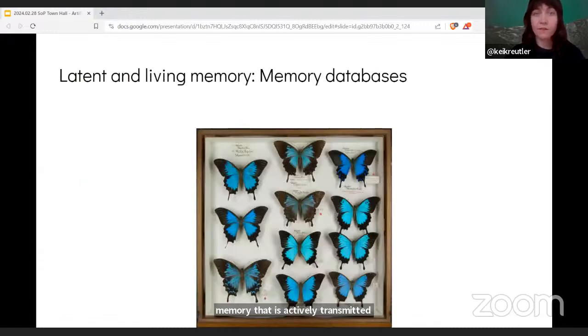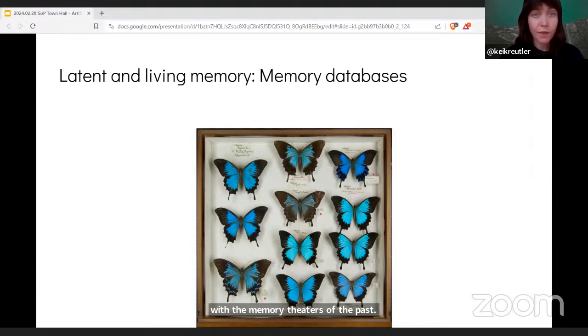And we can observe an illustrative tension here between latent memory and living memory in approaches to preserving societal knowledge. So there's things like well-funded institutional endeavors to digitize knowledge. A lot of cultural institutions, a lot of natural history museums, basically have large budgets now to make digital versions of their archives. And these things, called memory databases, that I refer to in the essay, they do share a similar goal with the memory theaters of the past, aspiring to, quote, locate and administer a